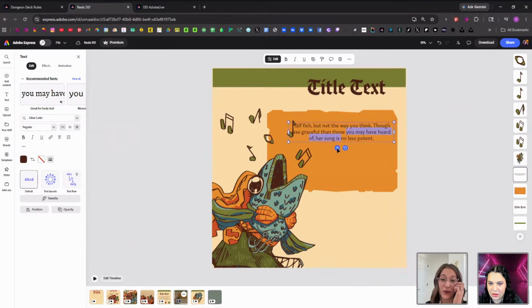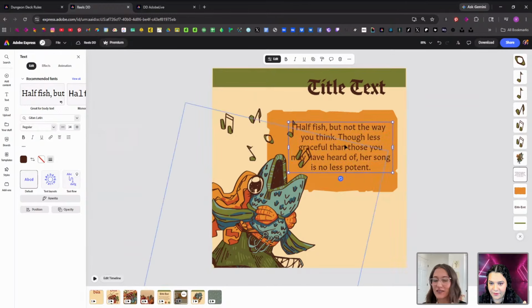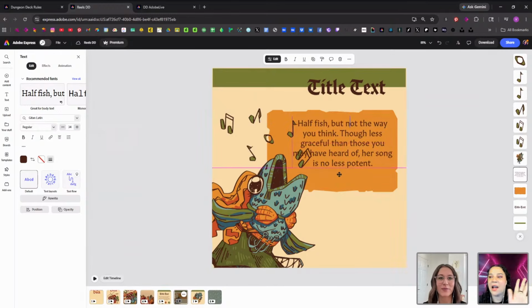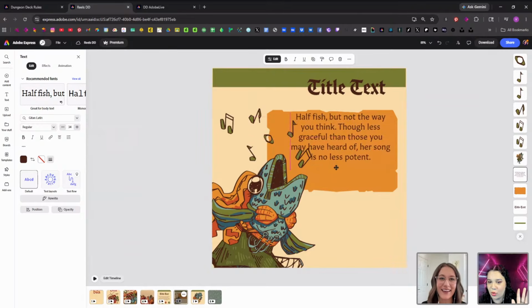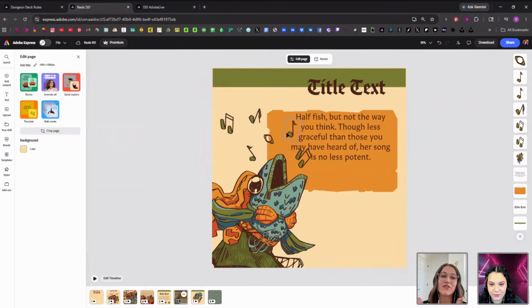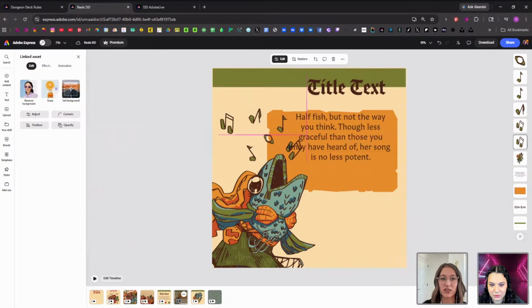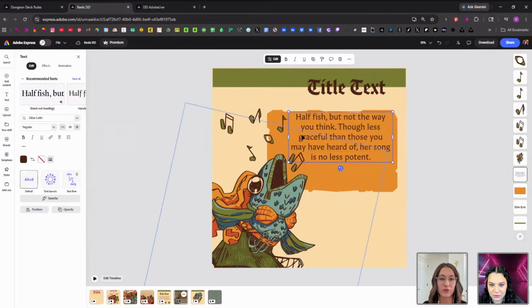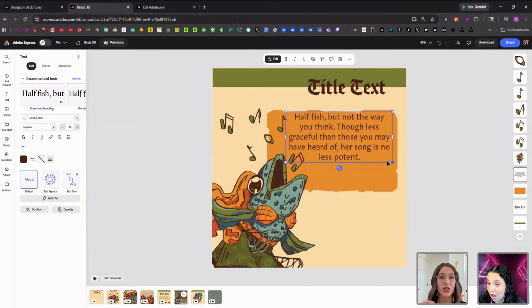Wait, Val, have you experimented with SVGs in Express? I have not. Please educate me, because you don't really use SVGs in general that much. I agree. Unless the printer requires an SVG, or a Cricut printer or something like that, right? If you ask me to export an SVG for you, I will do it, but I never choose it myself. It's true. Now you may feel differently, because if you export an SVG file and import it into Express, you can actually change the color of the graphic live in Express. So that would have pulled up your stroke and the fill separately, and so you automatically have more control over that in Express.